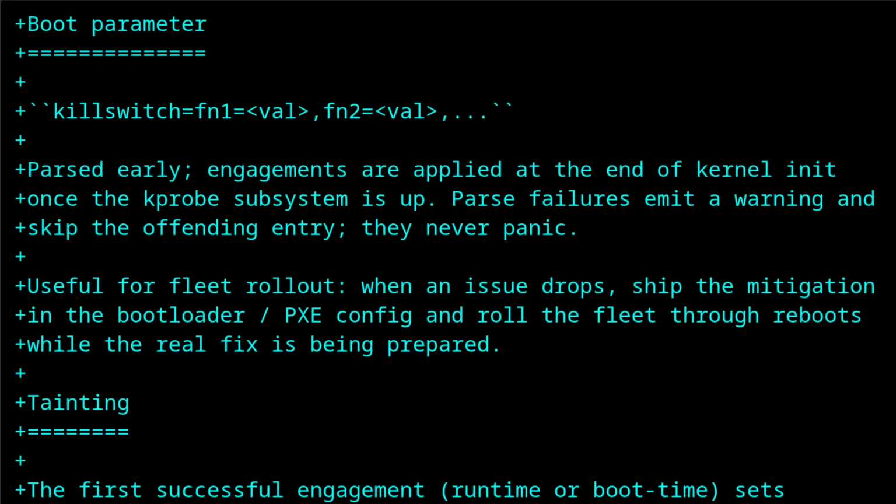This matters a lot for big server fleets because if you have one machine, manually echoing a command into SecurityFS is fine, but if you're responsible for hundreds or thousands of Linux boxes, you probably want to push the mitigation through your bootloader config, PXE boot setup, or fleet management system. Then you want to reboot the machines in a controlled rollout while the real patch kernel is still being built,